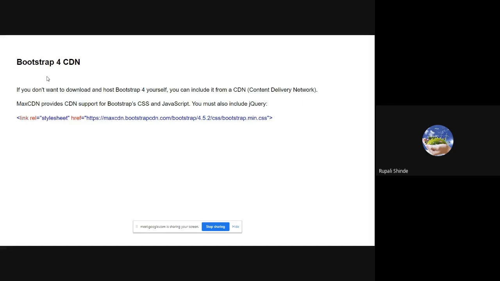As I told you, Bootstrap 4 we are going to access from the CDN, and it is a cascading style sheet. That means we include the external cascading style sheet in our web application with the help of the link element. So here we are going to use the link element. It has the property rel, which indicates the relationship, that it is a style sheet. Then href indicates the path of your cascading style sheet. Again, I think it has type equal to text/css. We have to specify it.